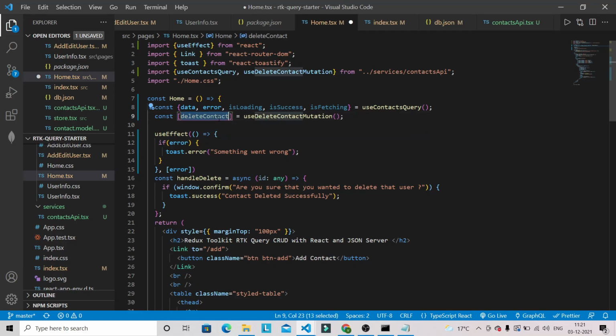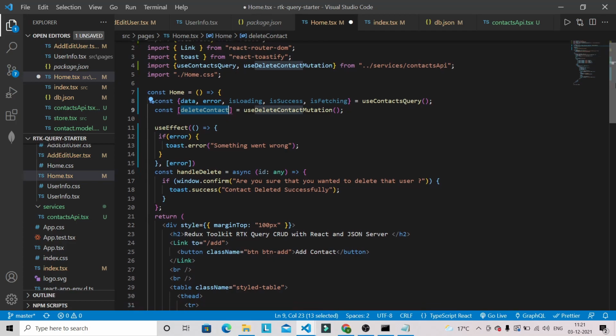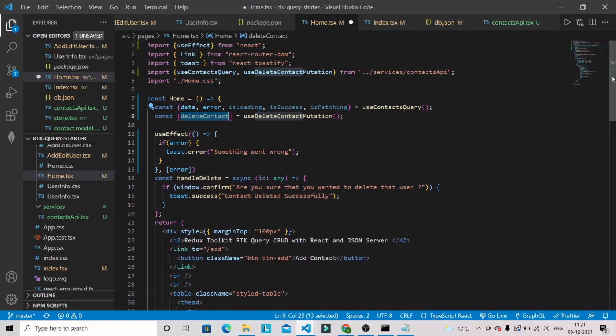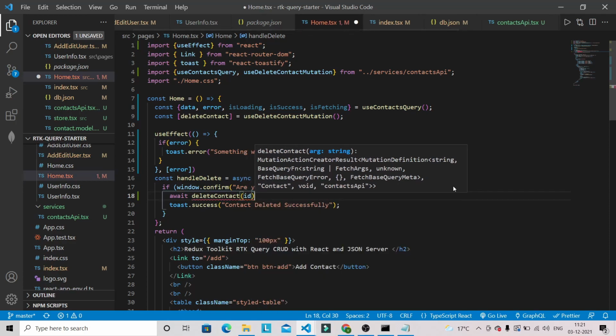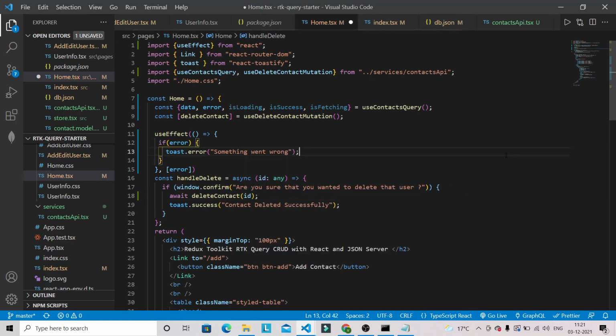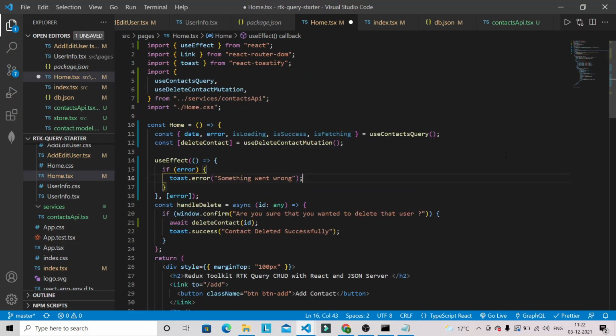Now we can use this deleteContact inside this handleDelete method. It is already async, so we're going to have await deleteContact, and we can pass the id here.